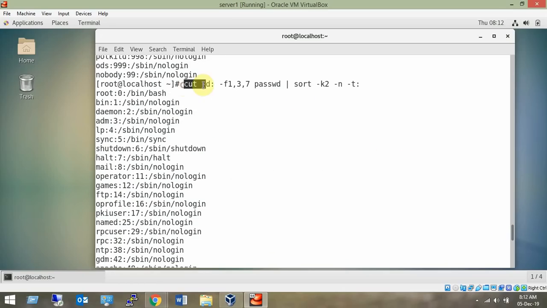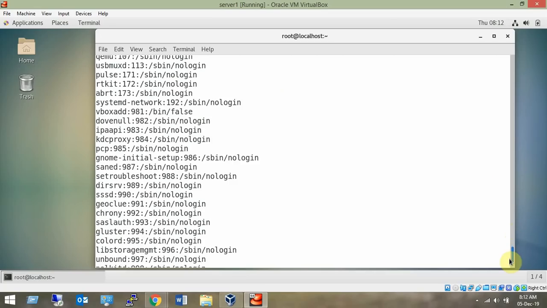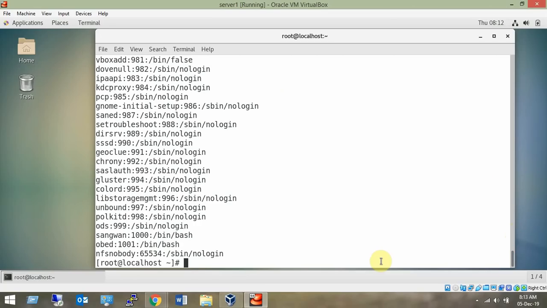So the cut command can be used to vertically cut the columns of a file. The sort command can be used to sort the file on a given field, numeric or alphabetical. You can specify the field separator. Alright, so that is the combination. Unique will find out the unique values.